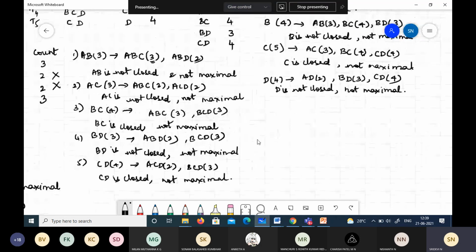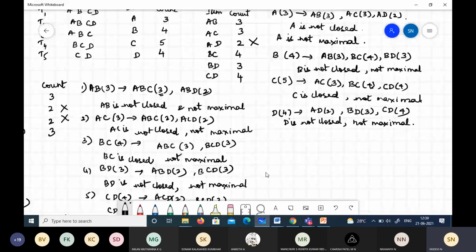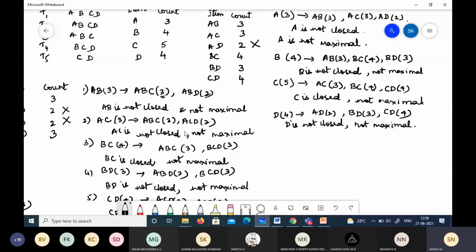Just check. If we see all these transactions here, either of the item sets, like these 3 item sets here, were having support count equal to the minimum support count. You will call a particular item set maximal only if its support count is less than the minimum support count specified. Here we considered this as closed but not maximal because it has immediate supersets with support count equal to the minimum support count. So we can just say it is closed.